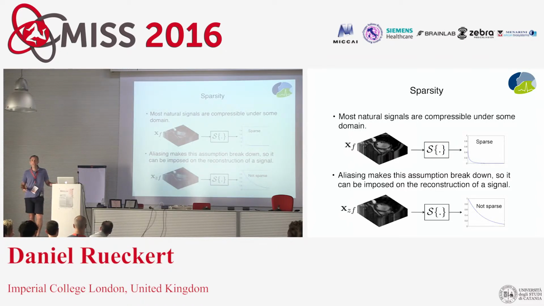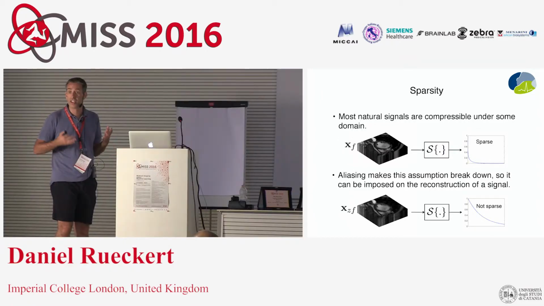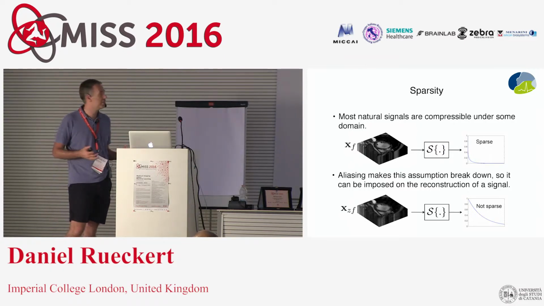The reason for this is I need to encode all the aliasing I have in the data. I need to now spend much more time encoding the aliasing. And that means if I really want to make this not sparse, I should also use an undersampling pattern which produces incoherent aliasing. That means really random aliasing, because the more random it is, the more energy I need to spend in encoding